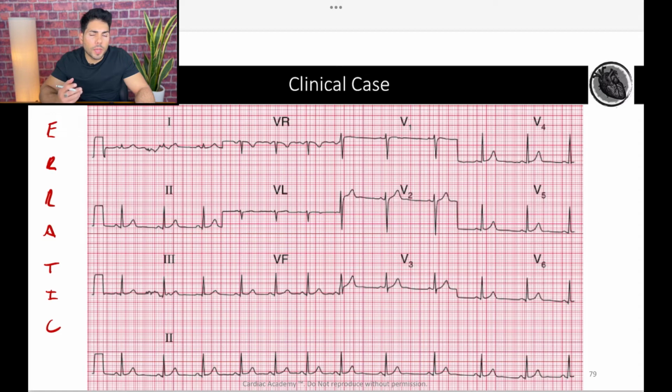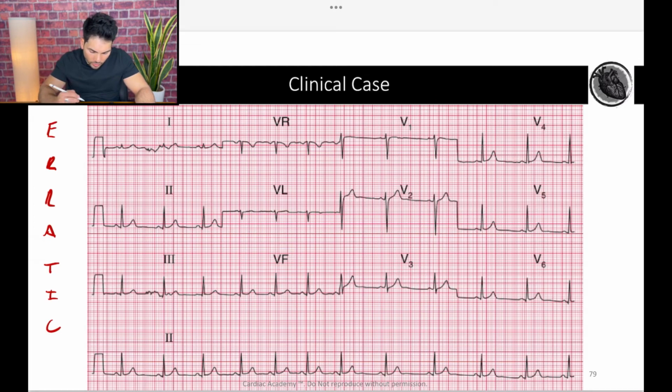And that way we can get the heart rate. However, we need to keep in mind that for this method, the rhythm has to be regular, okay? If it is an irregular rhythm, then our calculations are going to be inaccurate. In that case, it's better to just count the number of QRSs in the rhythm strip and multiply by 6,